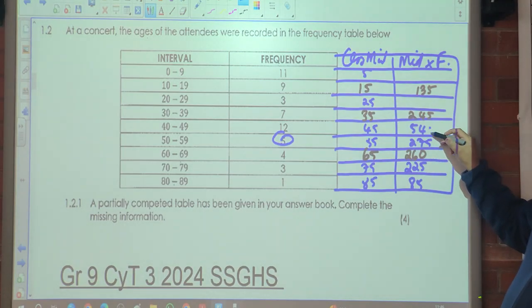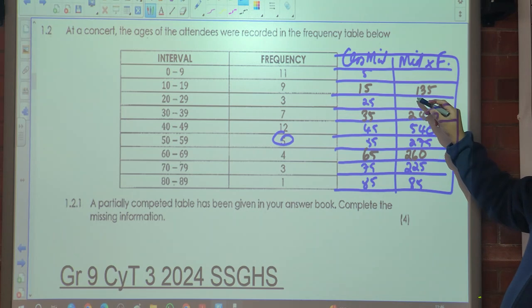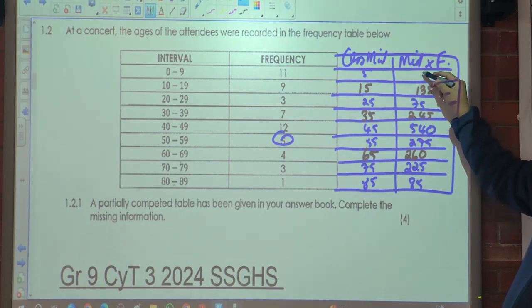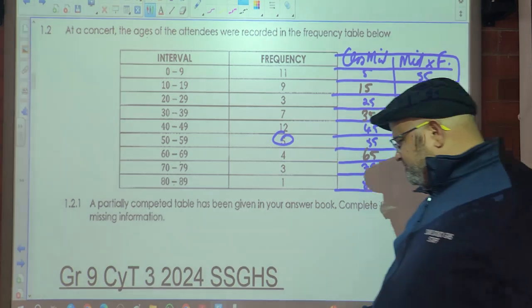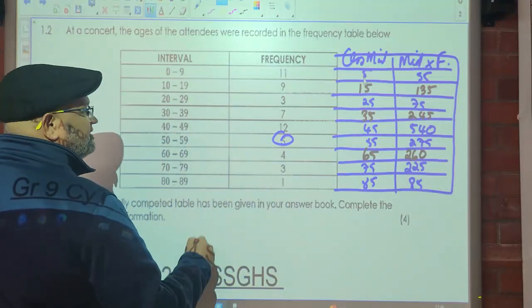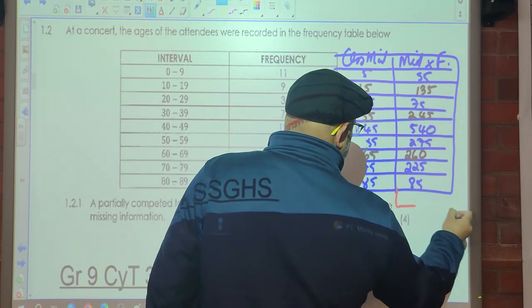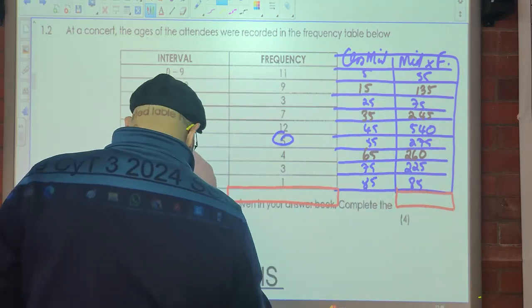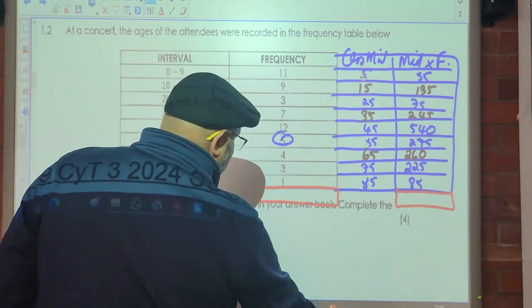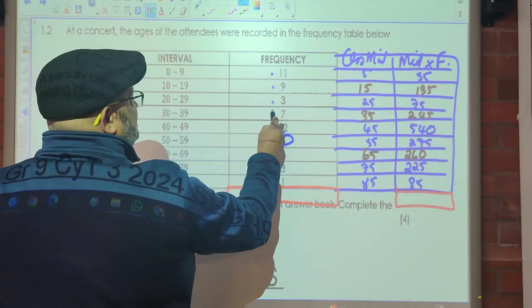540. Okay? 25? 75. 5? 55. You all agree with that? Then I'm sure there was a gap here. No? And here as well. Okay. So when we add this up, we get 11 plus 9 is 20, 30,